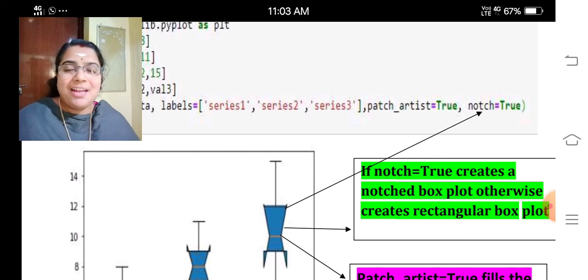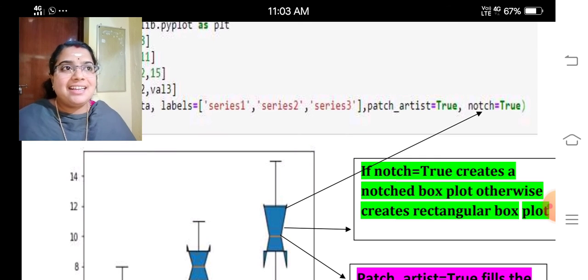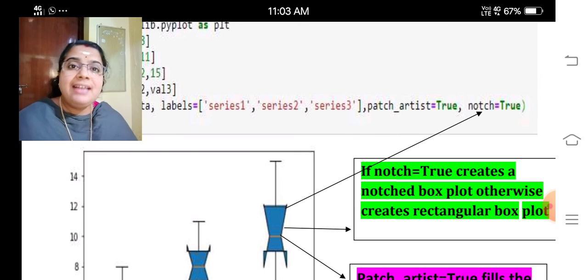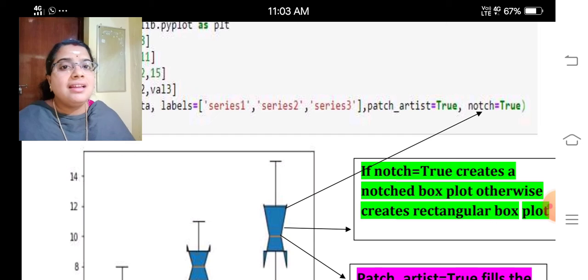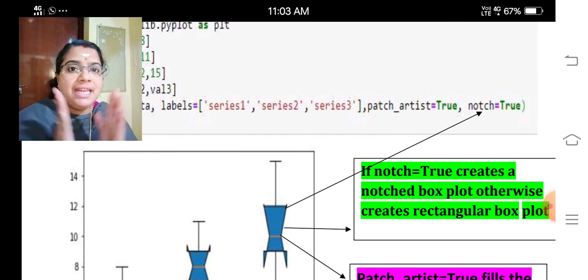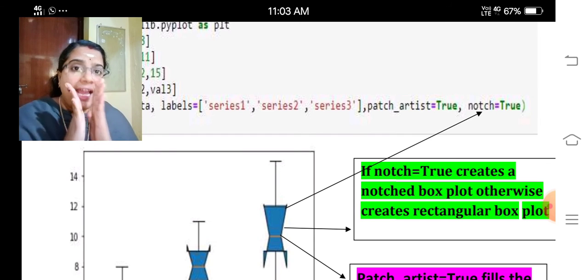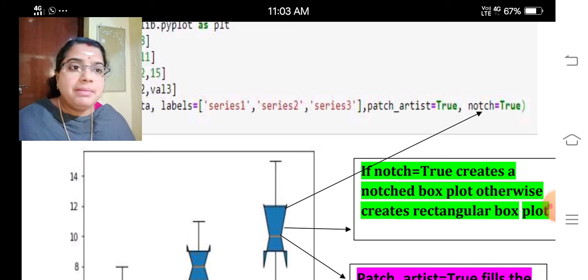Top notch has a different meaning, that is the highest precedence or highest priority, more valuable. But here its meaning is narrow.